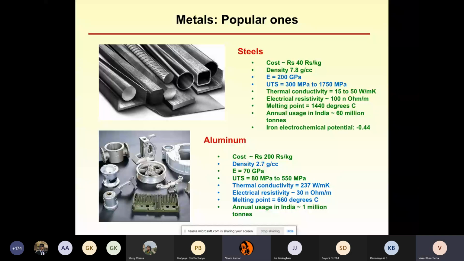Mild steel. High carbon? No, low carbon steel, or the so-called mild steel. What we call mild steel is the low carbon steel, and that is the most widely used